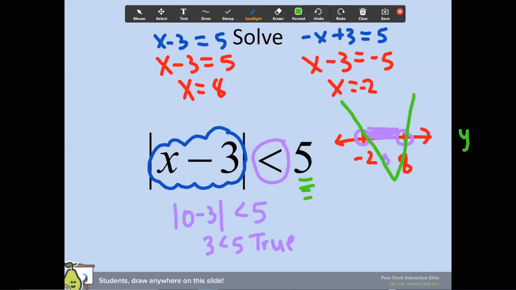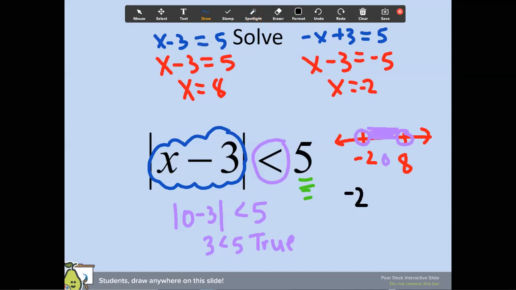You can also think about it the following way: when you have an absolute value with a number on the other side, you're thinking about where you are going to be less than that distance away or more than that distance away. Less than that distance away would be in between, more than would be outside, okay? Probably the safest bet is to put in a 0, but I'm just giving you some other ways to think about it. Now, your final answer is going to be